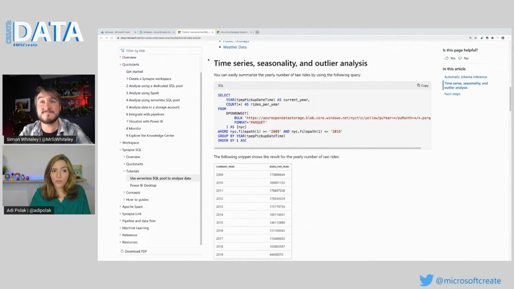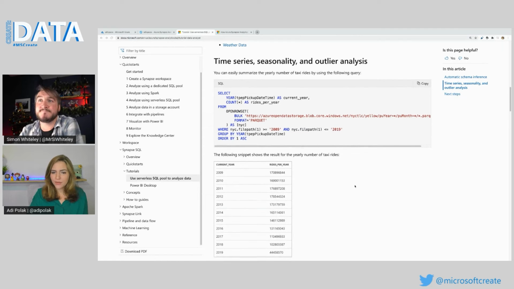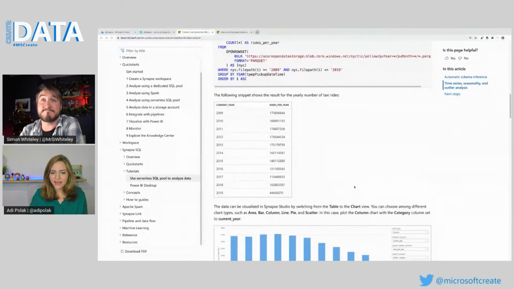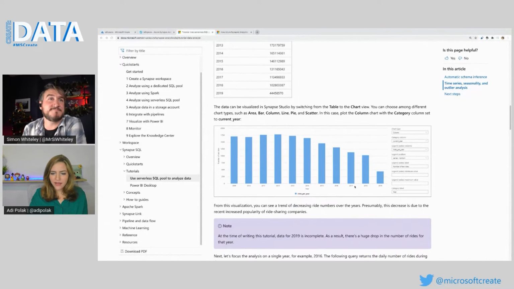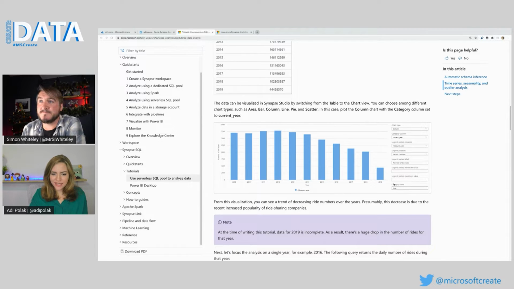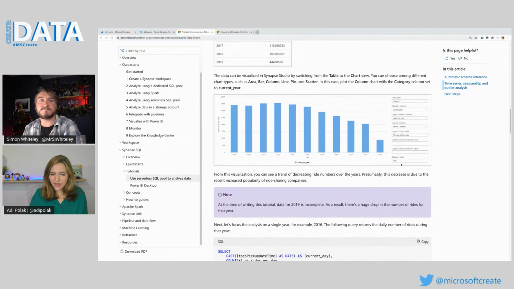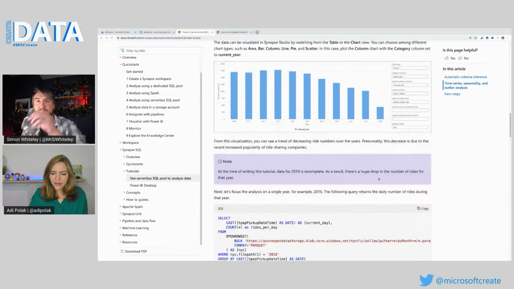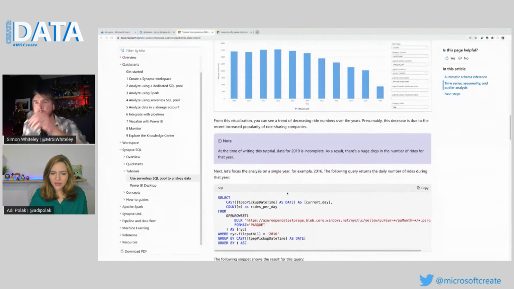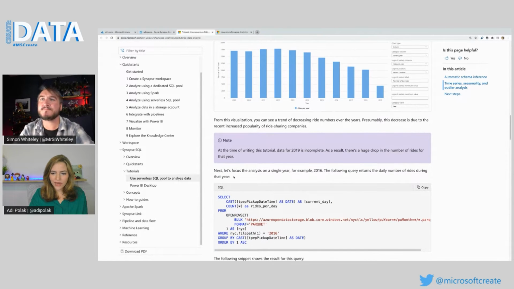Yeah, so I opened the full tutorial because right here in the studio, we reached the end of the tutorial, but it did take us to a link where we can see the full tutorial about the time series, seasonality, and outlier analysis. And I think here they plotted it really nicely. So you can definitely see how it's going down. But I think the next question I want to know is what happens